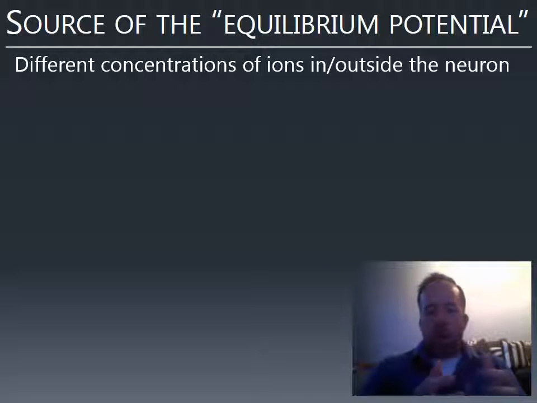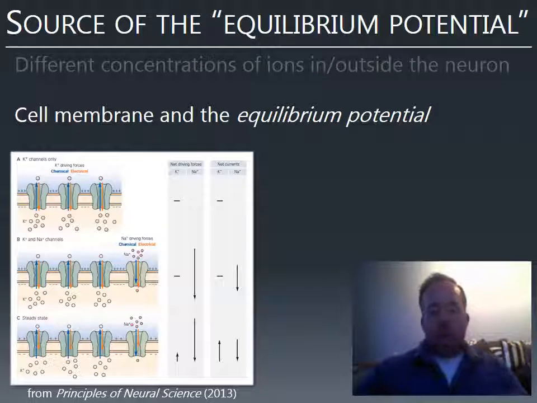So a neuron has different concentrations of various ions inside the neuron and outside the neuron. The neuron is, in its simplest sense, a container. It has a membrane, it has sort of a wall that separates the space outside the cell from the space inside the cell. Now, they're both mainly water, but the difference is which ions are common where. And the ion reaches what's called an equilibrium potential. What does that mean?